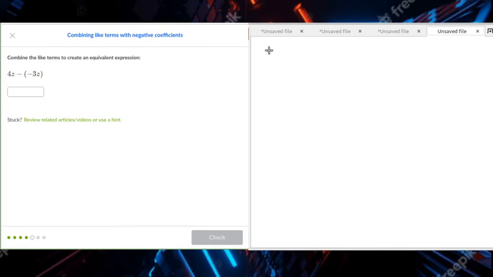Okay, so here I've got 4z minus negative 3z. And so I'm going to make my blocks here. There's a Z block, there's a Z block, there's a Z block, and there's a Z block, so I have 4 of those. And I can't subtract any negatives because I don't have any negatives, so I'm going to put some zeros